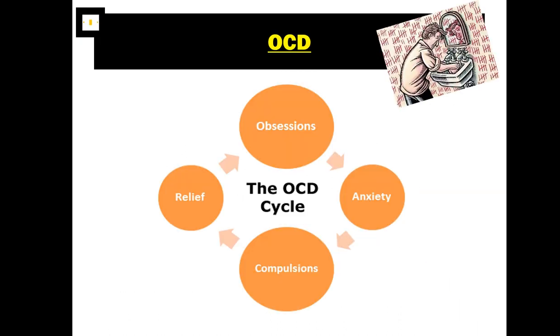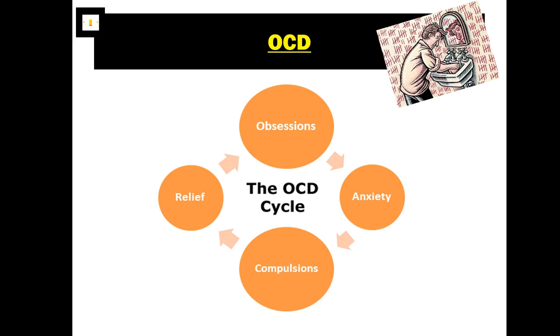Okay, so this is a little bit like a vicious circle. We've got the obsessions, and as you can see, the obsessions lead to anxiety. So we'll take the image at the top of the guy. You feel that you're dirty, you feel that you're contaminated, that you're full of germs. That is an obsession. It's constantly coming into your head. It's intrusive in your thoughts. That leads you to feel anxious. So it increases your heart rate, it makes you feel clammy, it makes you feel dirty, you just don't feel relaxed. Therefore, the only way that you can relieve that anxiety is to carry out a behaviour, which is the